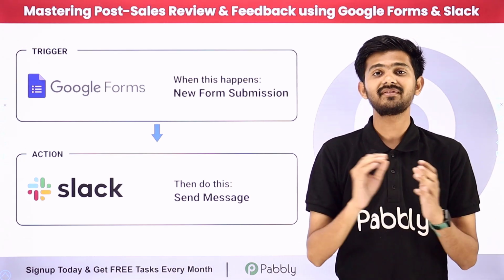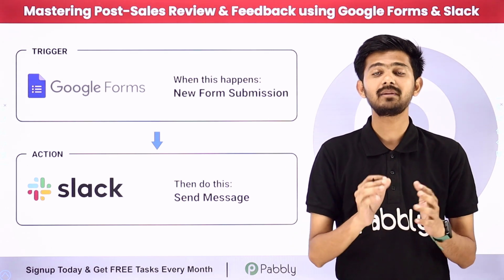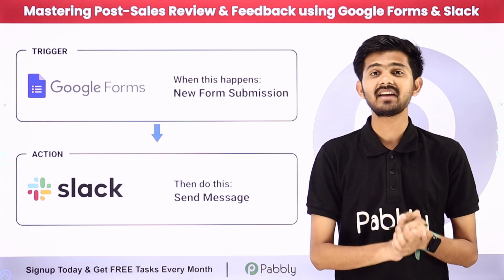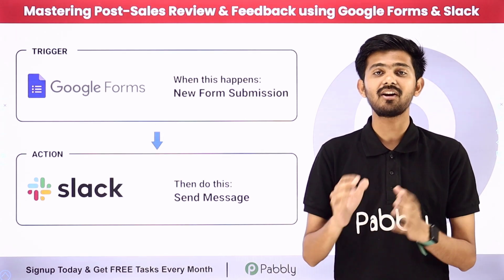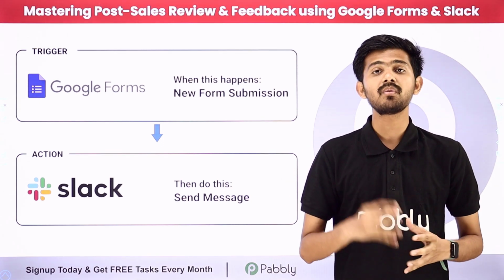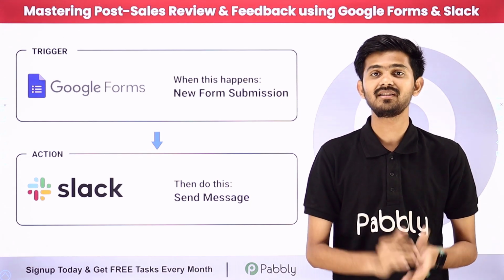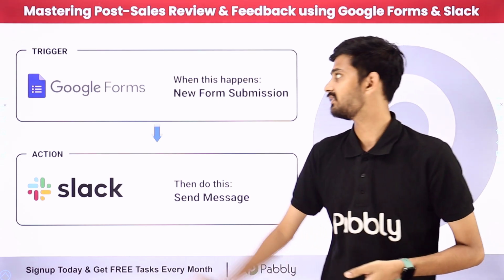So suppose we are sharing our feedback form with all our customers after every sale, and now we are taking their feedback to improve our business and growth. So here my objective is that whenever a customer fills our Google Form, we automatically capture the details of that form submission and get all the details of the feedback. Now what we want is to send this data automatically as a message on our Slack channel with our team. So for that, I need to build a connection between Google Forms